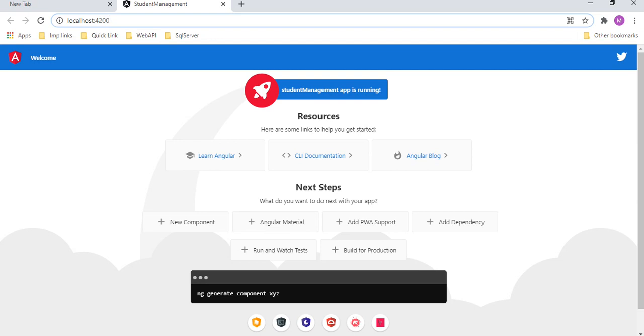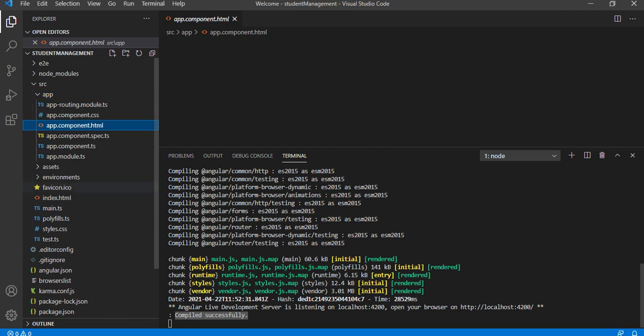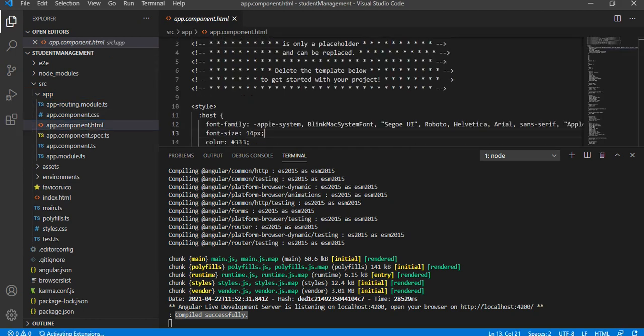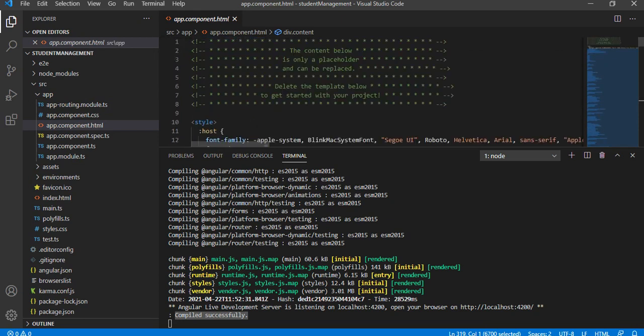Currently it shows that the student management app is running, and that it is coming from the default page, which is app.component.html. We can see it is coming from here, all the UI code is written here. In the coming video we will set up the CSS, and